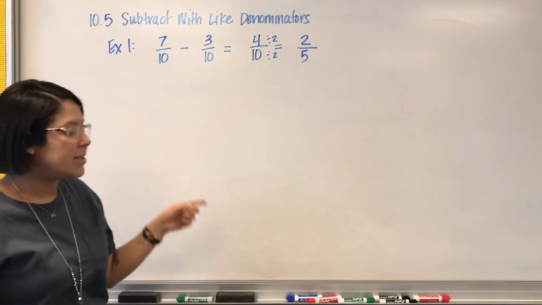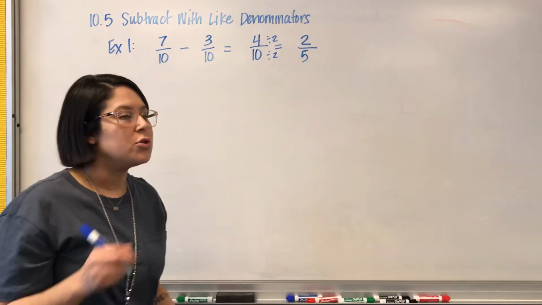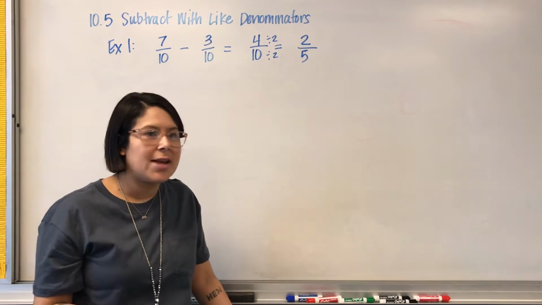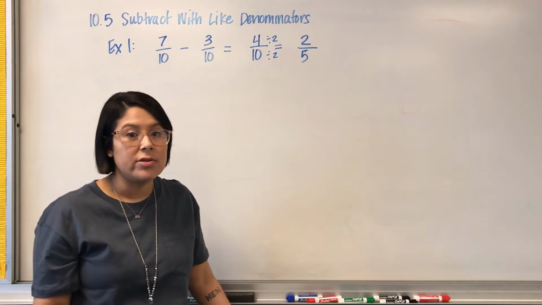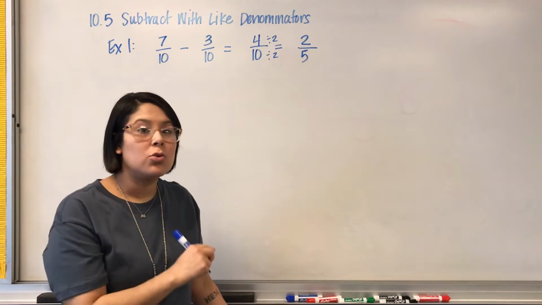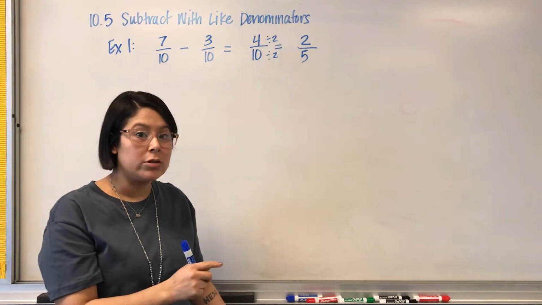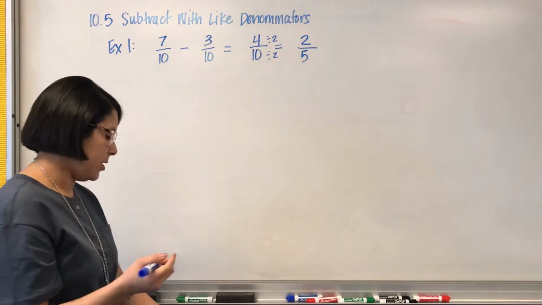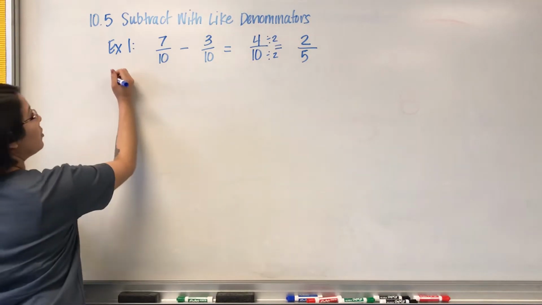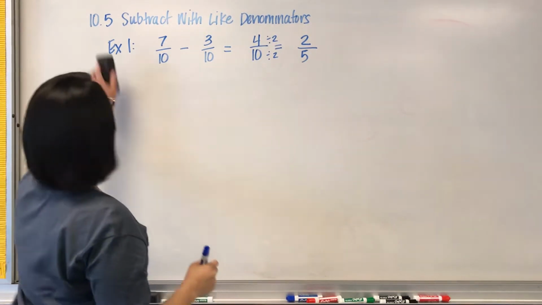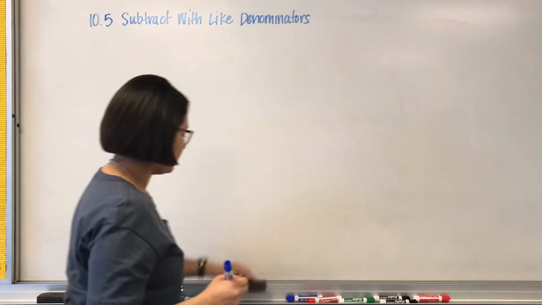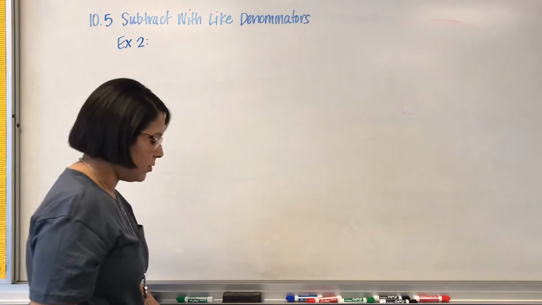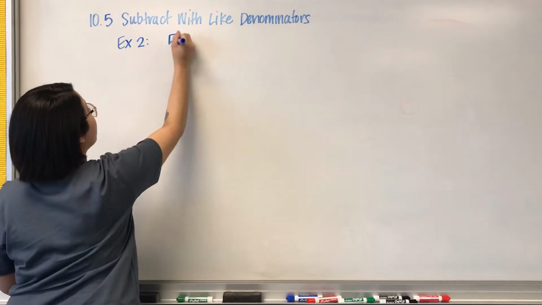Okay? It's going to get a little bit trickier though. So just like if you have 1,000 minus 999, you guys know how to do that because you know how to borrow. Okay? So when we have whole numbers, we're going to start borrowing. And I'll explain what I mean. So for example number 2, so I'm going to erase this. Example number 2 is going to be a big number, whole number, 5